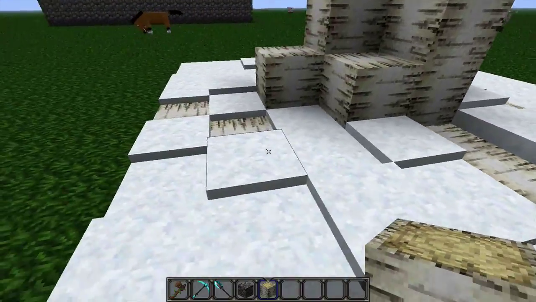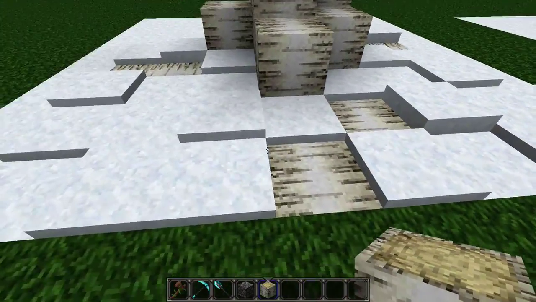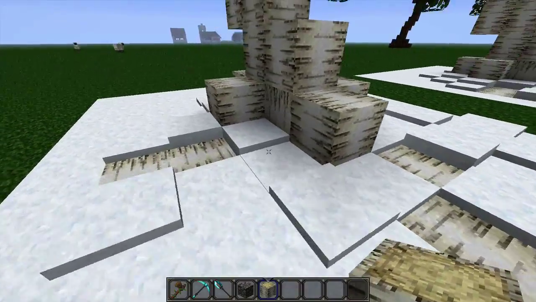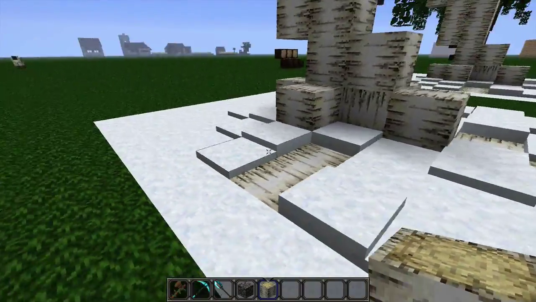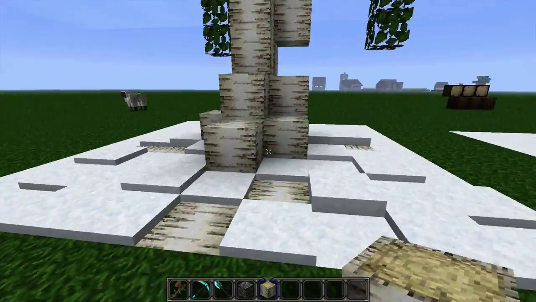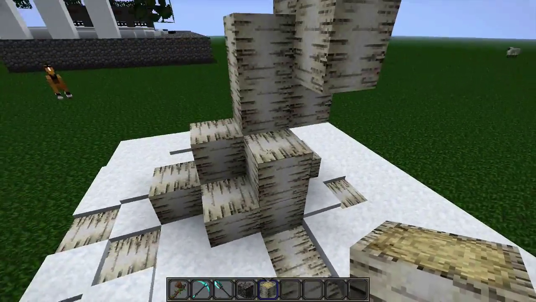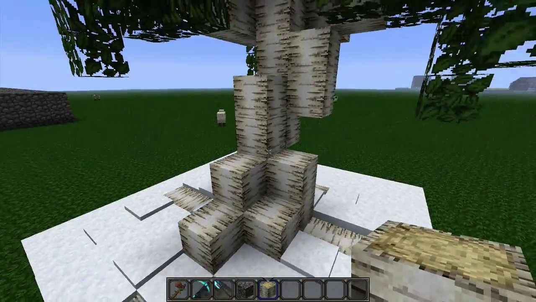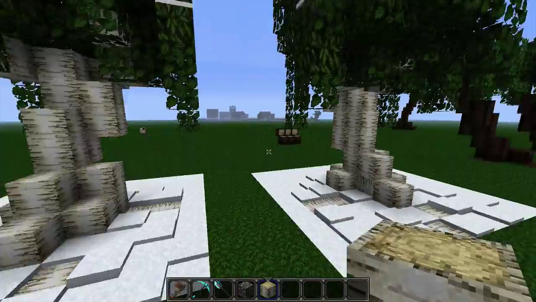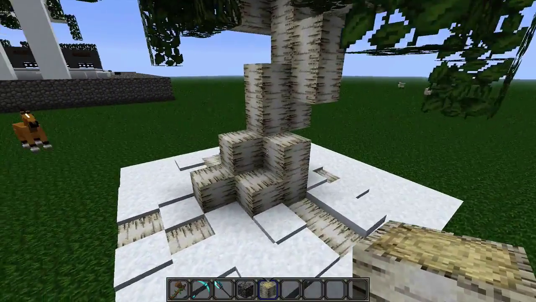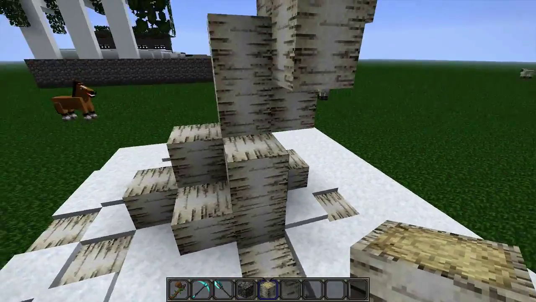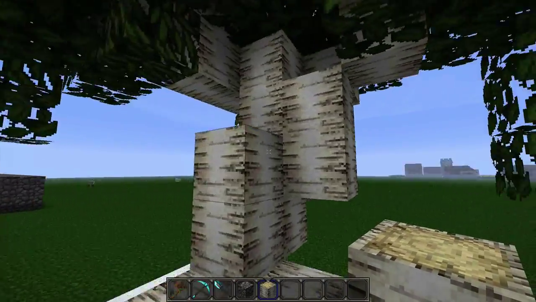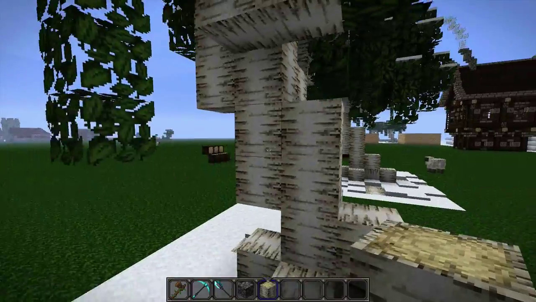As well as the ground right here, you have a bit of roots, or what is kind of roots in Minecraft. All you have to do is place some logs right here at the bottom, as well as having a kind of thick trunk. You start with a thick trunk for these smaller ones. For bigger ones, obviously you're going to start with way more thickness. Then you take it in this 3-block format,